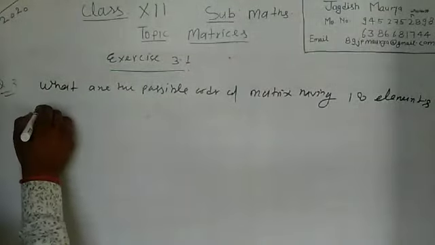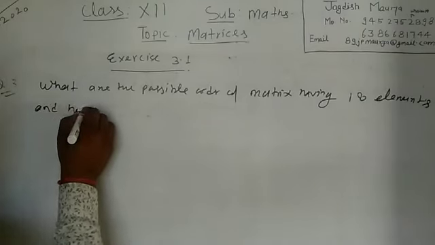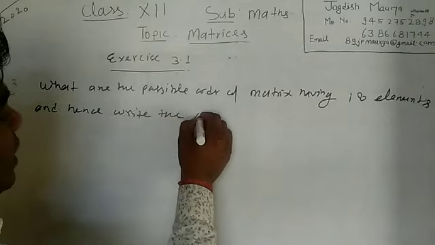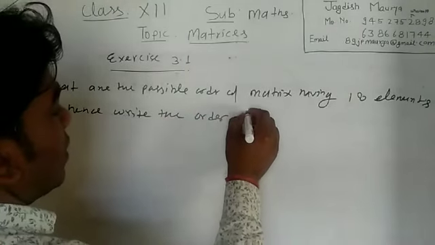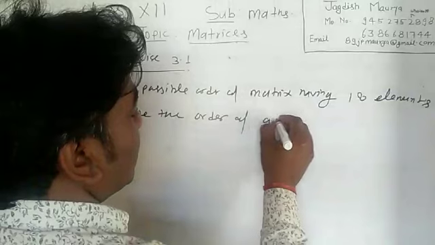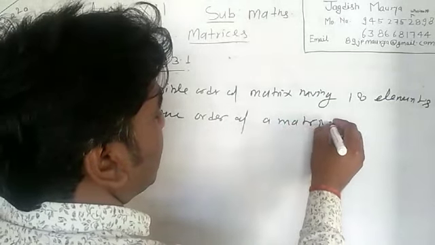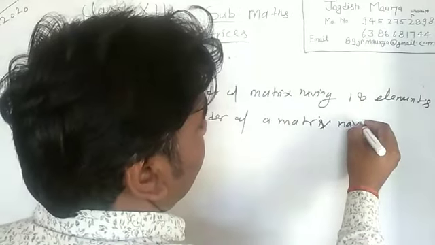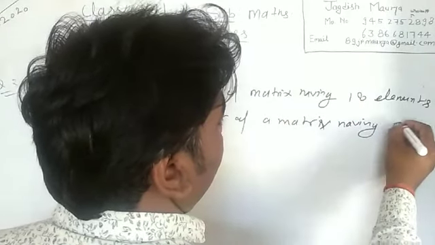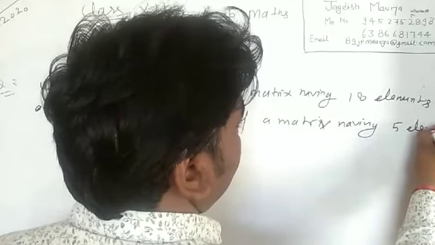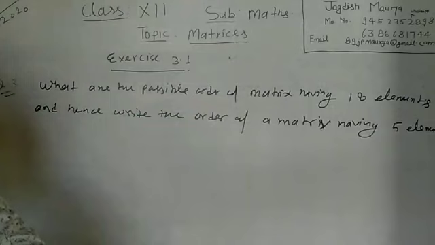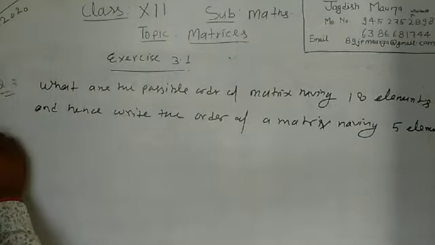And hence write the order of a matrix having 5 elements. It is a similar question to question number 2. The solution is,